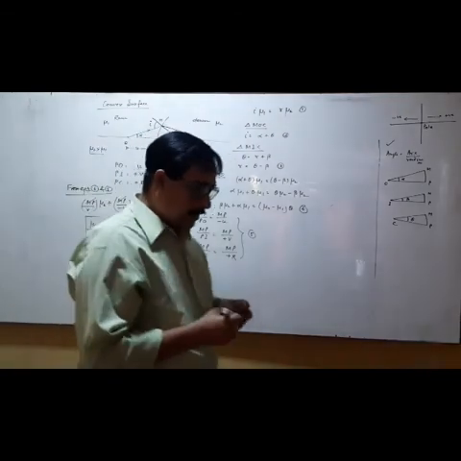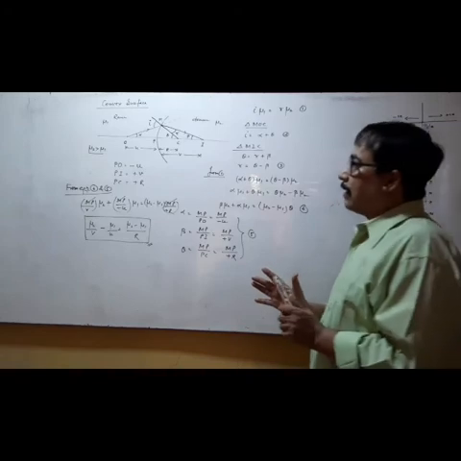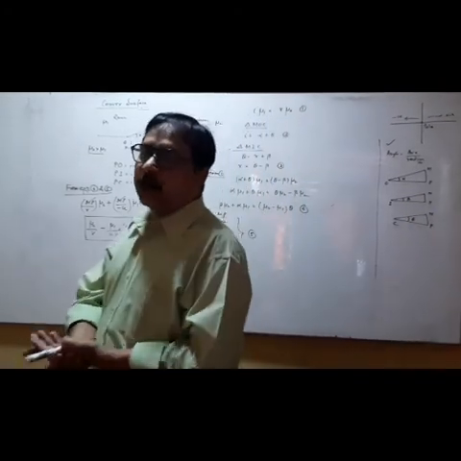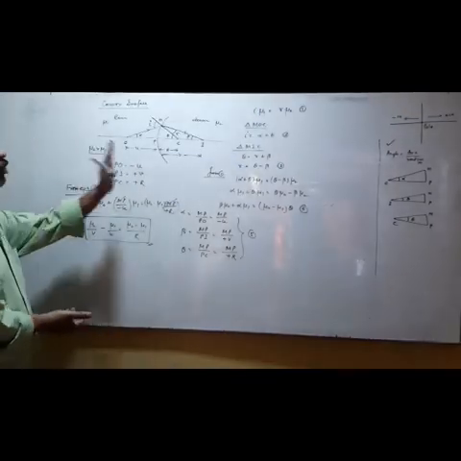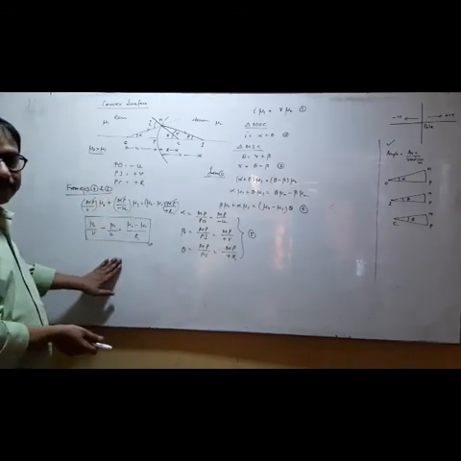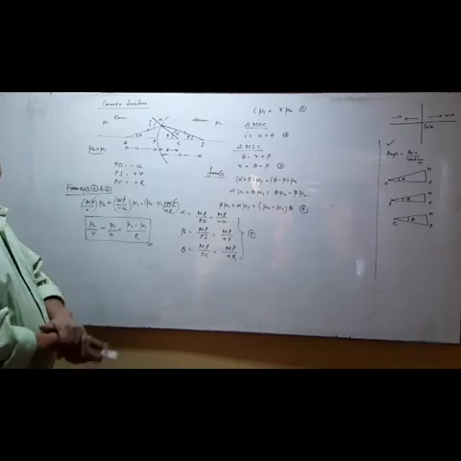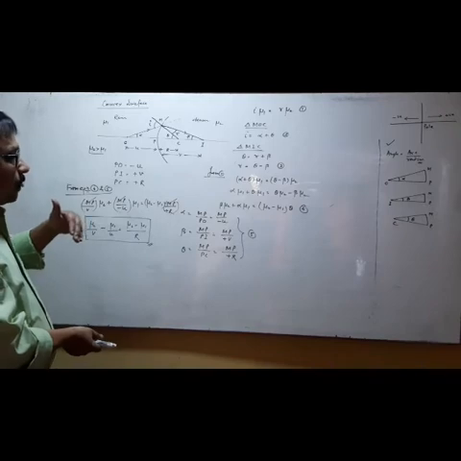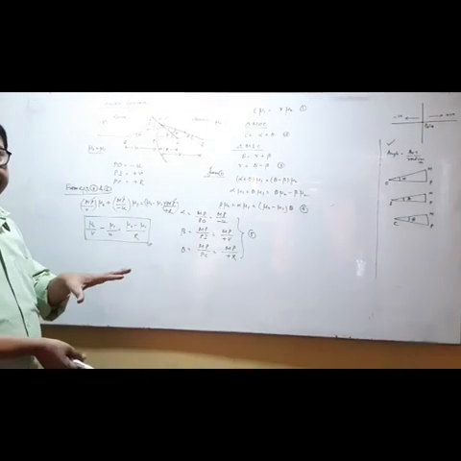And look, the result remains the same. So whether the ray is crossing a concave surface or a convex surface from rarer to denser, in both cases we have got the same result. And you will be surprised to know that if we reverse the two, you will get the same result. So I am giving you the two diagrams and you have to do them on your own.